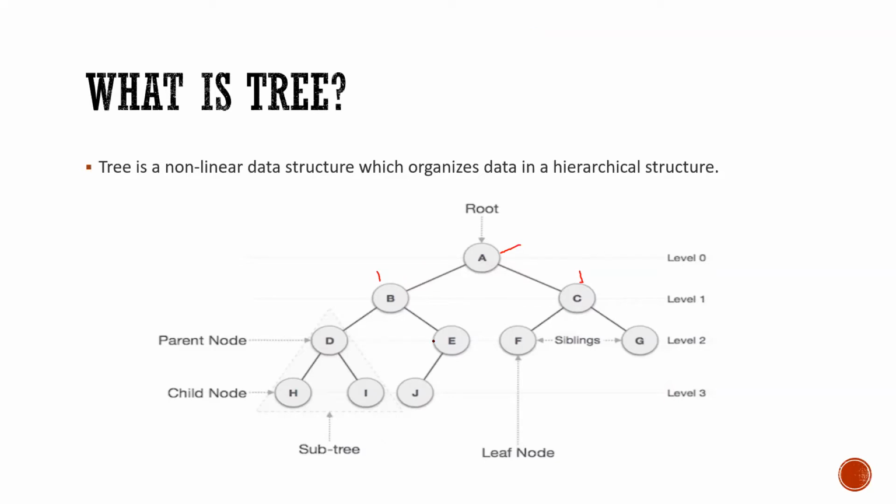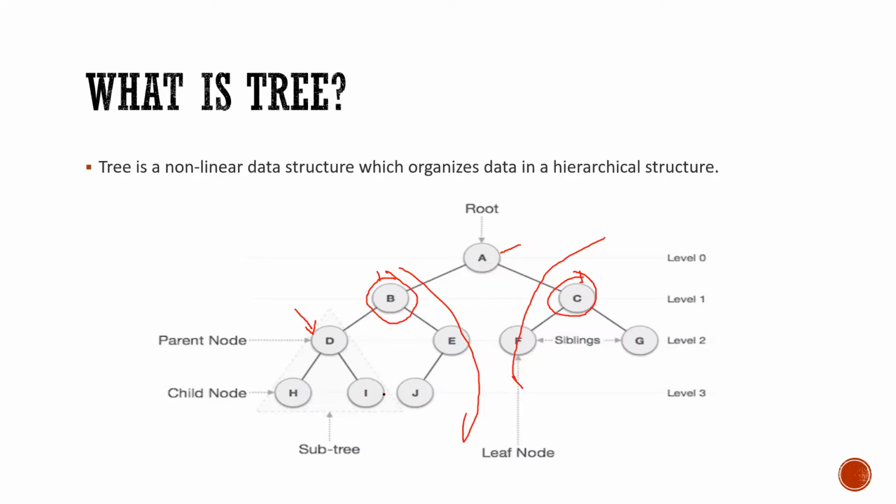So is everyone getting what I'm saying? B and C are the respective left and right child of A. Every part of a tree is called a subtree. Like this part or this part is called a subtree. Here is an example of a subtree: H, D, and I, or you can say D, H, and I. The parent node is D, and its child nodes are H and I, where the left child node is H and I is the right child node.